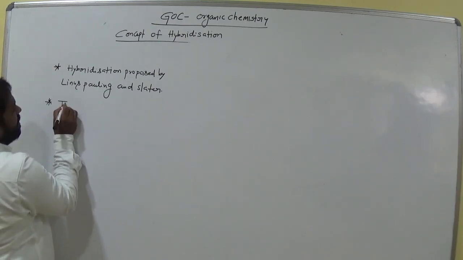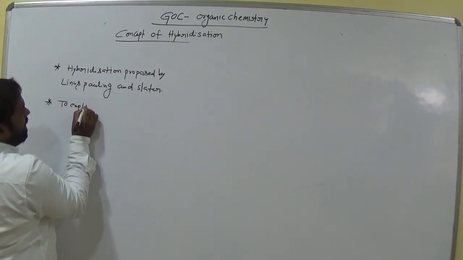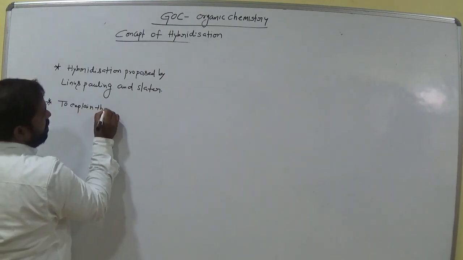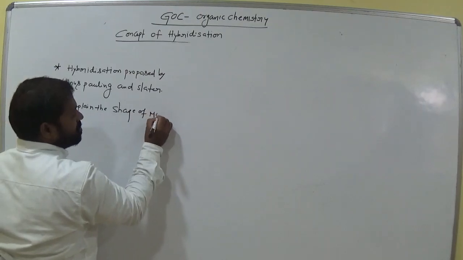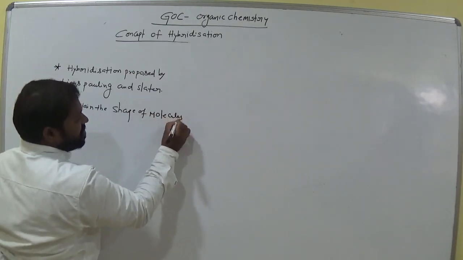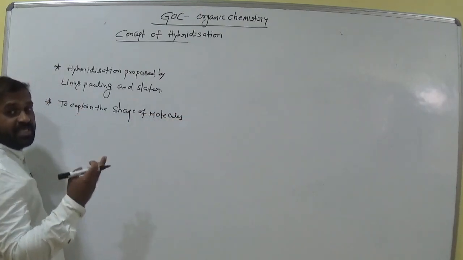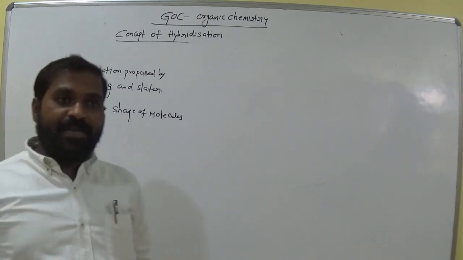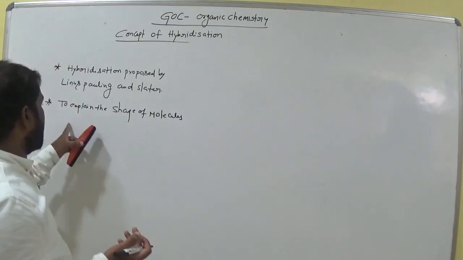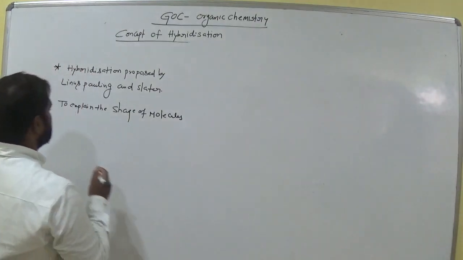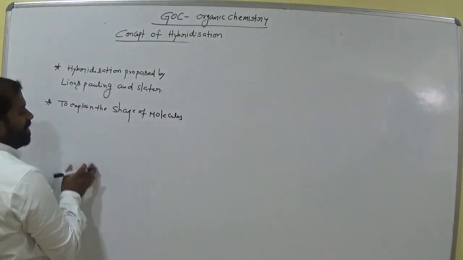To explain the shape of molecules. What type of molecule shape? Planar, pyramidal, or tetrahedral, like that. That is what shape means. So to explain the shape of molecules, they introduced the concept of hybridization